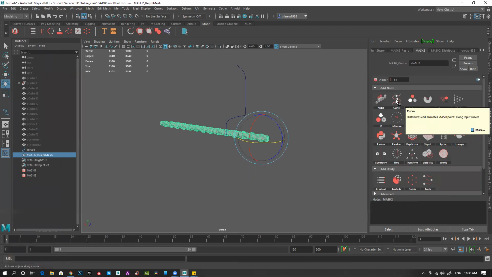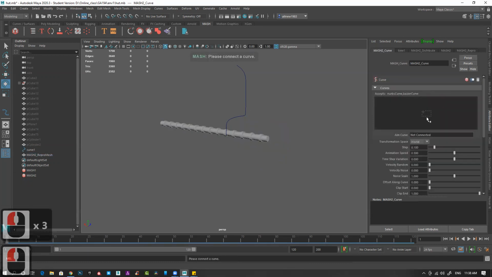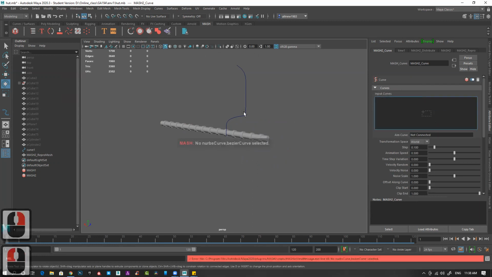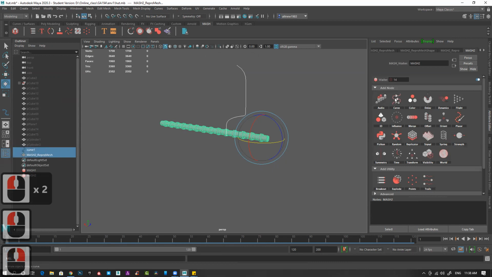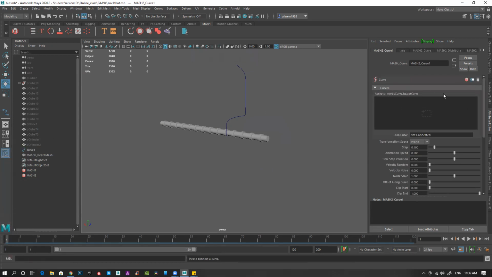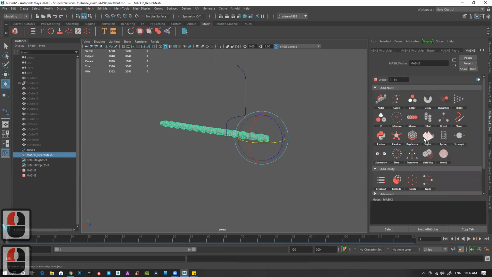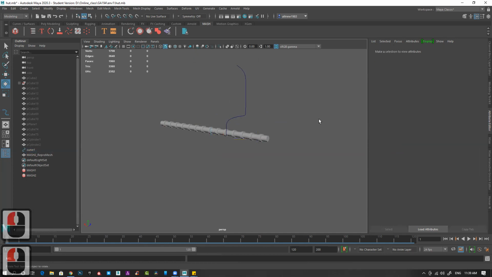Curve only, no? Correct. I forgot. It should be like I create this curve, and it connects directly.